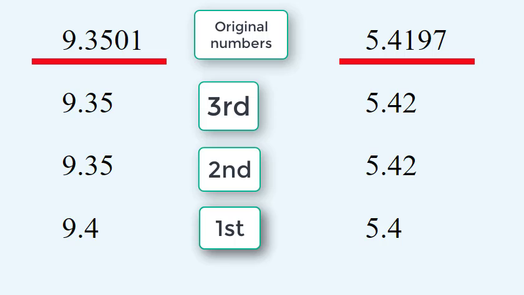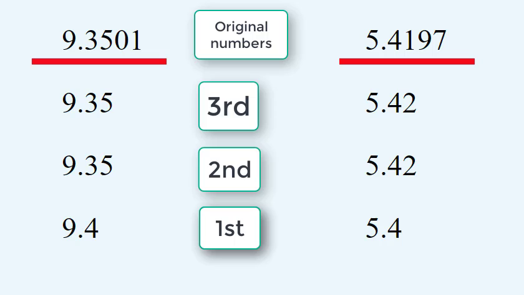This last one to the right is a little more tricky. We have 5.4197. To the first decimal place it is 5.4. To the second one it's 5.42. The third one is a little tricky. So you have the original number,